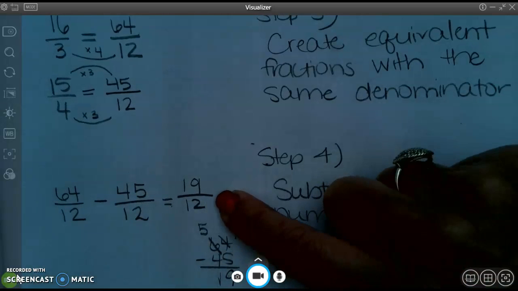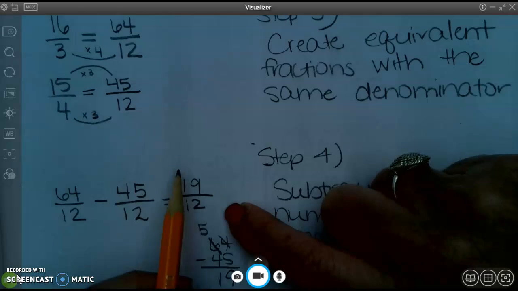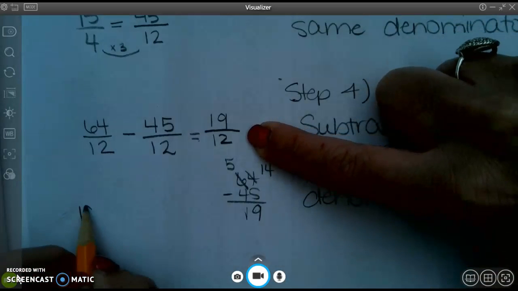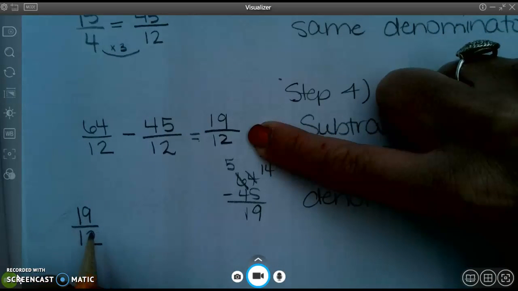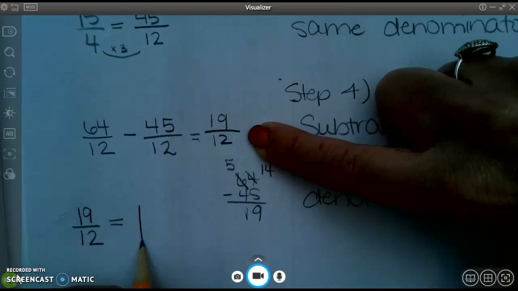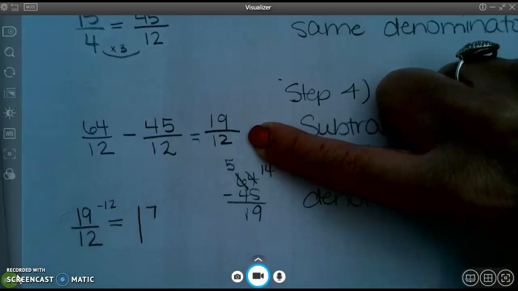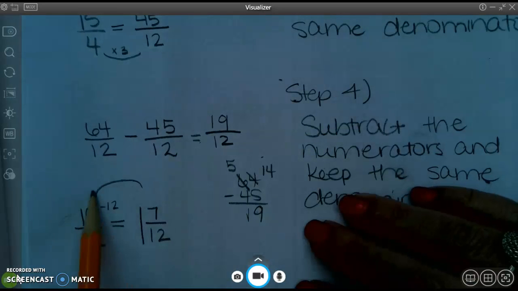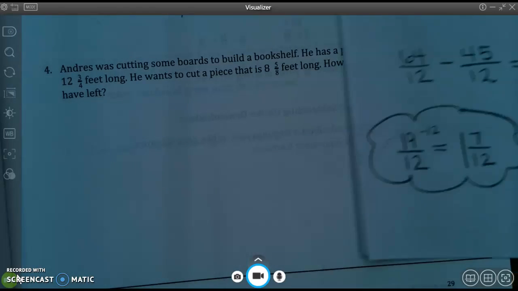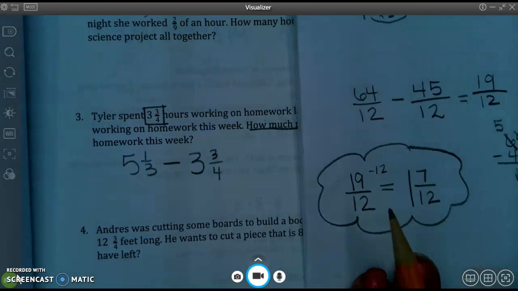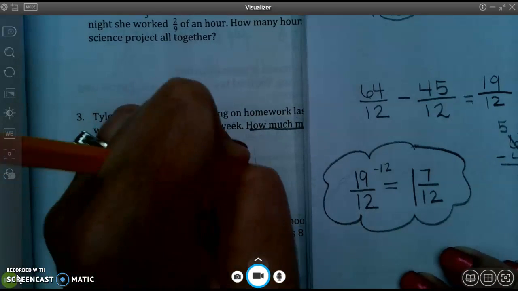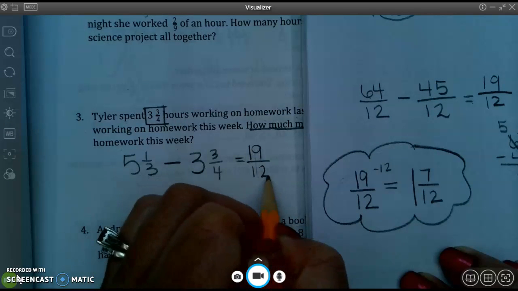Now, you can leave 19/12 as your difference. Okay. There's no other step to subtracting. You did subtract. Now, I could recognize that this is an improper fraction, and I could rewrite the difference as a mixed number. 12 goes into 19 one whole time, with 7 left over, and I would keep the denominator. So going back to the original question, I now have that 5 1/3 minus 3 3/4 is equal to 19/12, or